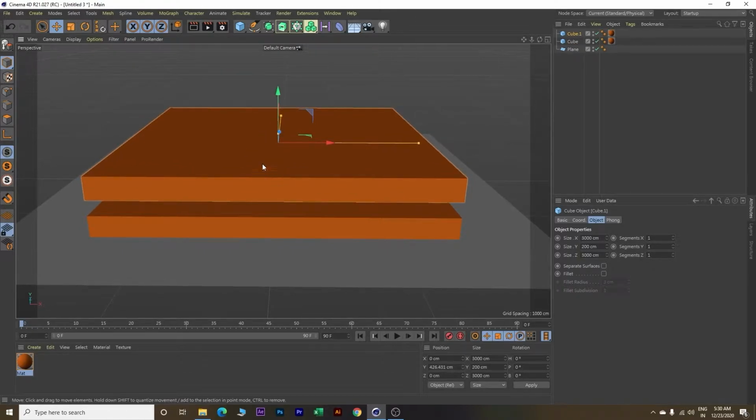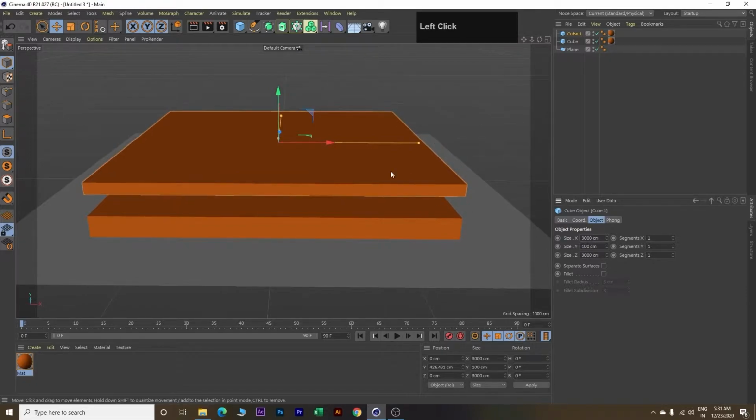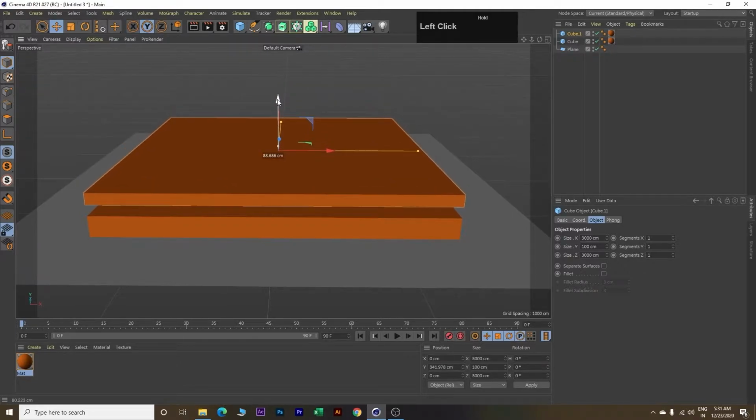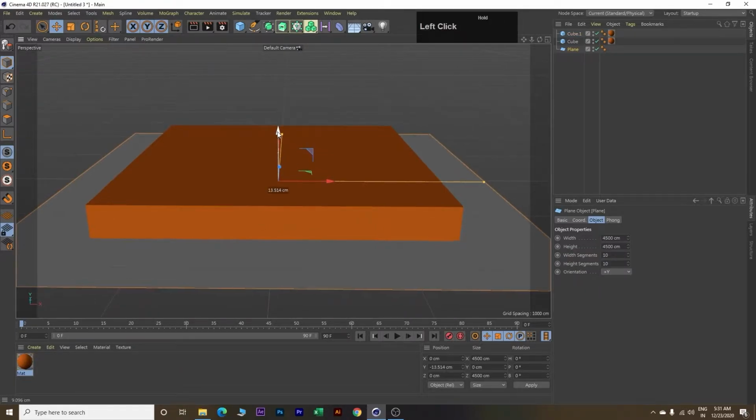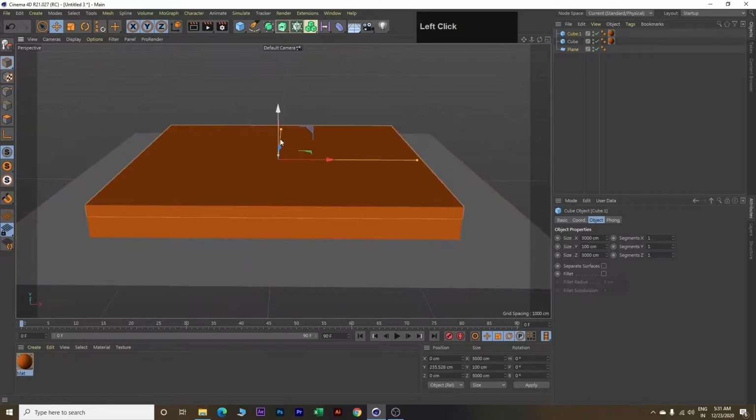Now we will resize this second cube. So change the value of y to 100. Perfect. Now we will move it a little downward and place it just over the first cube. Okay, this looks good. We will move it down a little bit further. Now, to help us make things more visible, I will click on this display and I will click on quick shading lines.